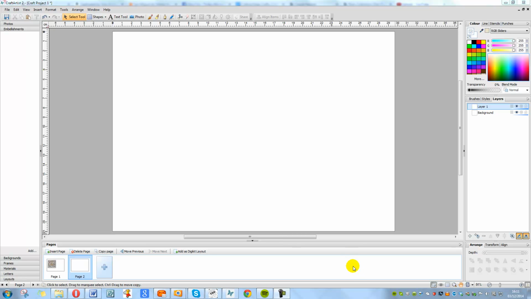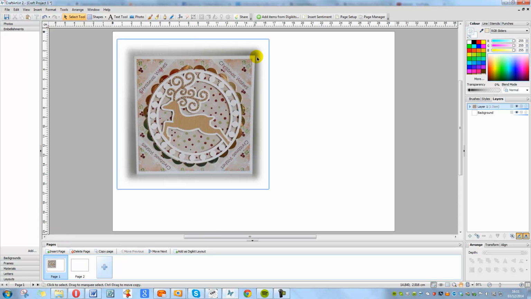Hi there. I was recently asked how to add corners, which included text, to a card that I'd made. This is the card in question. As you can see, I've just added the text in the corners here, and so I'm going to quickly explain